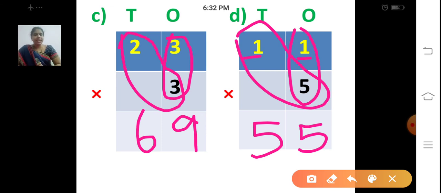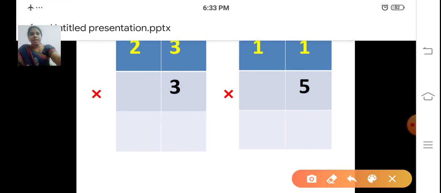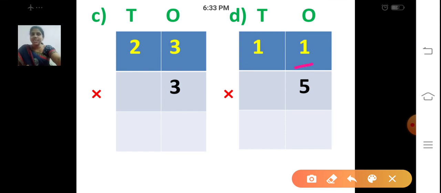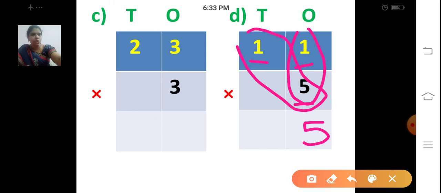So you know how to multiply a 2-digit number by a single-digit number, right? First we have to write the numbers one below the other, where we have to place the multiplication symbol before the second number, and write the answer below the second number, right? So what is the first step? Multiply the digit at the ones place by the second number. So 1 5s are 5. Now we are going to take the digit at the tens place and multiply it by the second number. So 1 5s are 5.